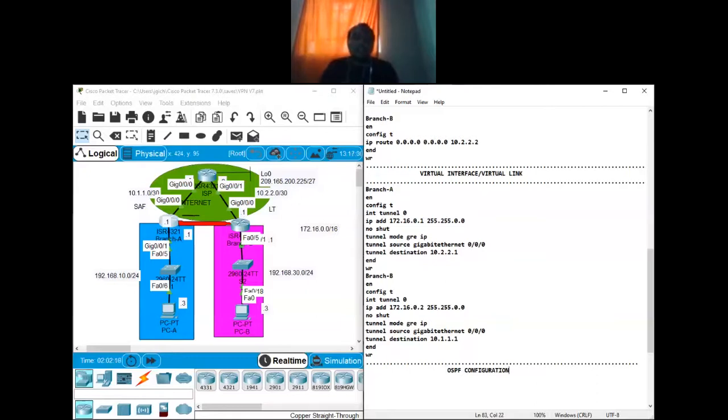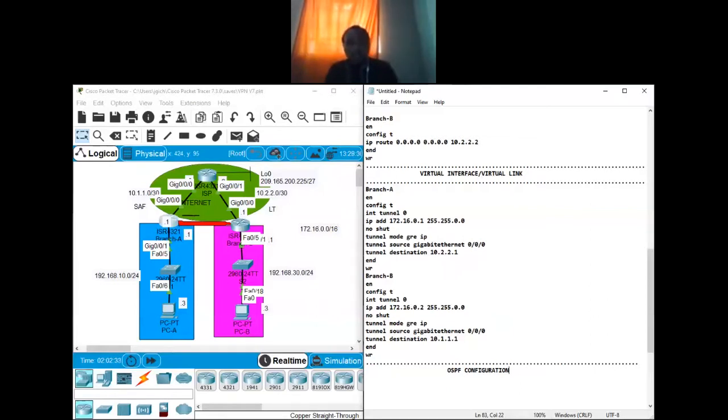We have two types of OSPF: multi-area and single area. I don't actually need to do any multi-area OSPF. I can just do a single area OSPF, which will be good enough because we only have two routers. Remember, we are not counting the ISP router. Why? Because we created a pipe on top of it.